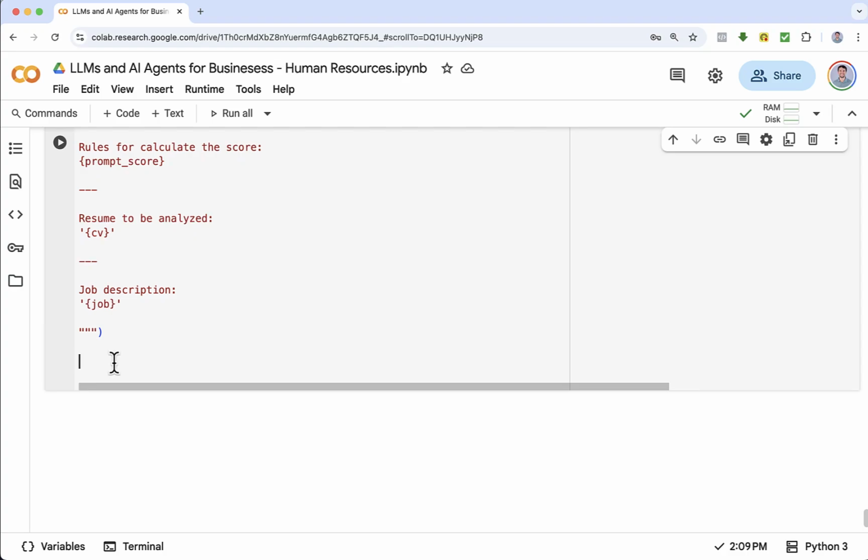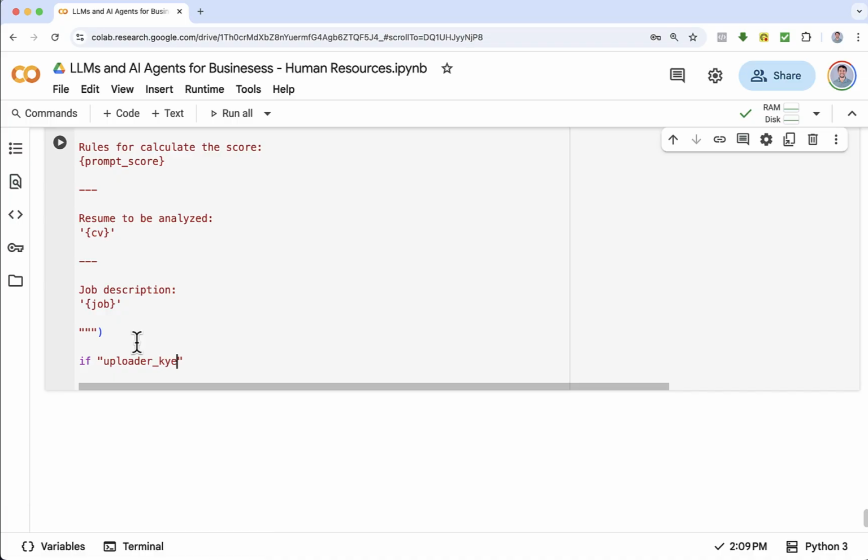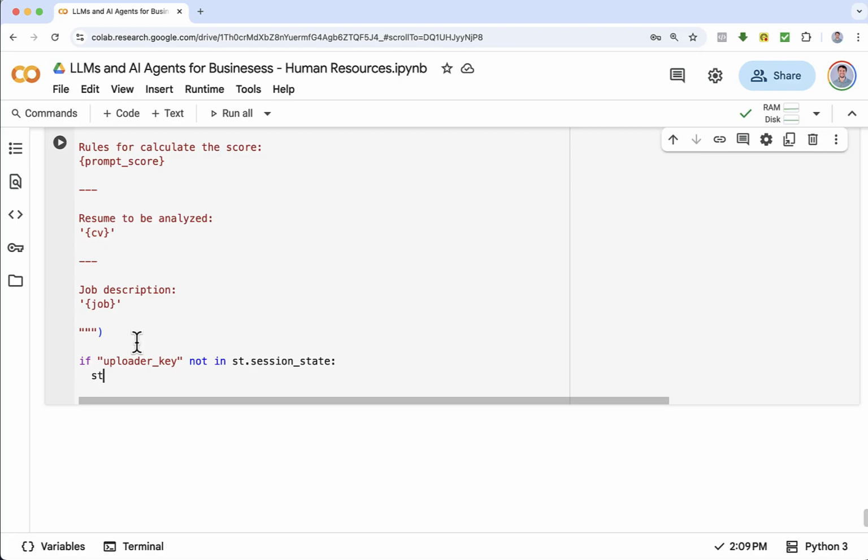Hello and welcome to this lecture where we are going to finish the implementation of the user interface. First, we are going to create a new session variable called uploader key. If it is not in st session state, then we are going to access the session state and create it. Uploader key equals str, we are going to convert to string